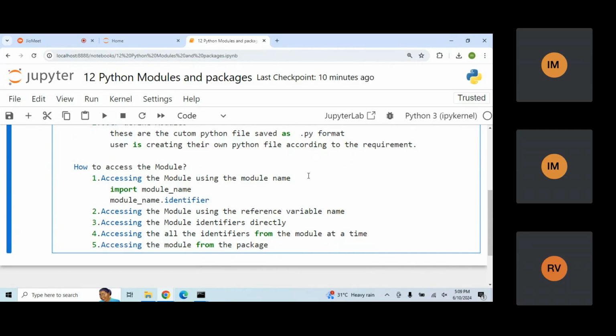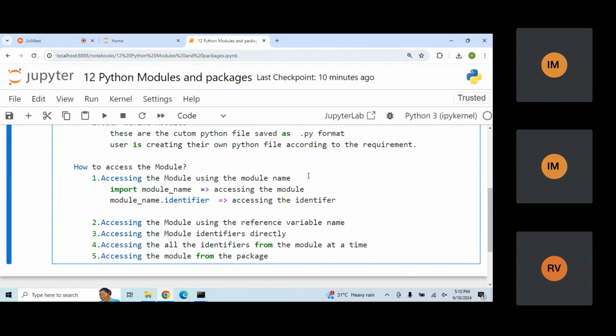So here in this particular area, what we're doing: first of all, you are accessing the module, and then here you are accessing the identifier, which may be a variable, or any type of functions, classes like that. Okay. Now, second one,